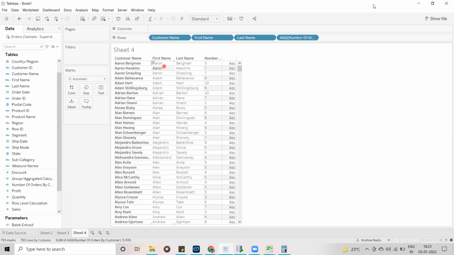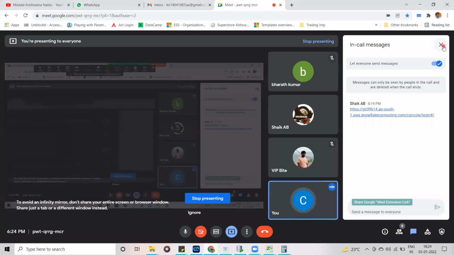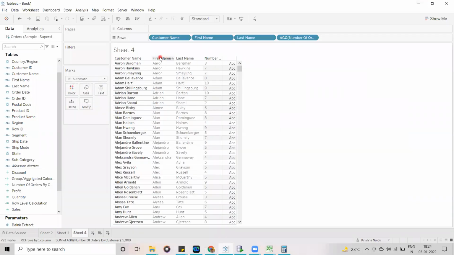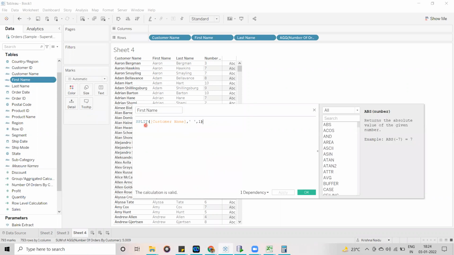But if you want to display first name and last name in 2 different columns, one header for first name and another header for last name, then that is not possible with this. That's where we are going to create 2 calculated fields. If you want to display them in one, what you can do is just edit. Here, split custom one, and here you have to use the concatenation function. Concatenation function here means the plus symbol.